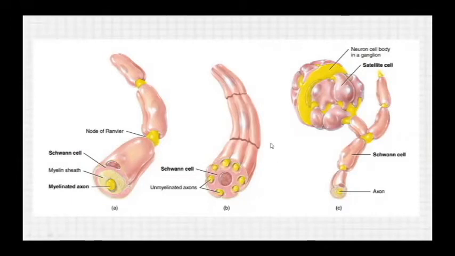If you look at this picture, you will see the two kinds of neuroglia in the PNS. In the first one, letter A, you could find the Schwann cell in a myelinated axon, while in the second one you could find the Schwann cell even in an unmyelinated axon, meaning those axons that don't have a myelin sheath. Then lastly, you will find the satellite cell attached to the cell body. That is the one responsible for the exchange of materials between the cell body and the interstitial fluid.